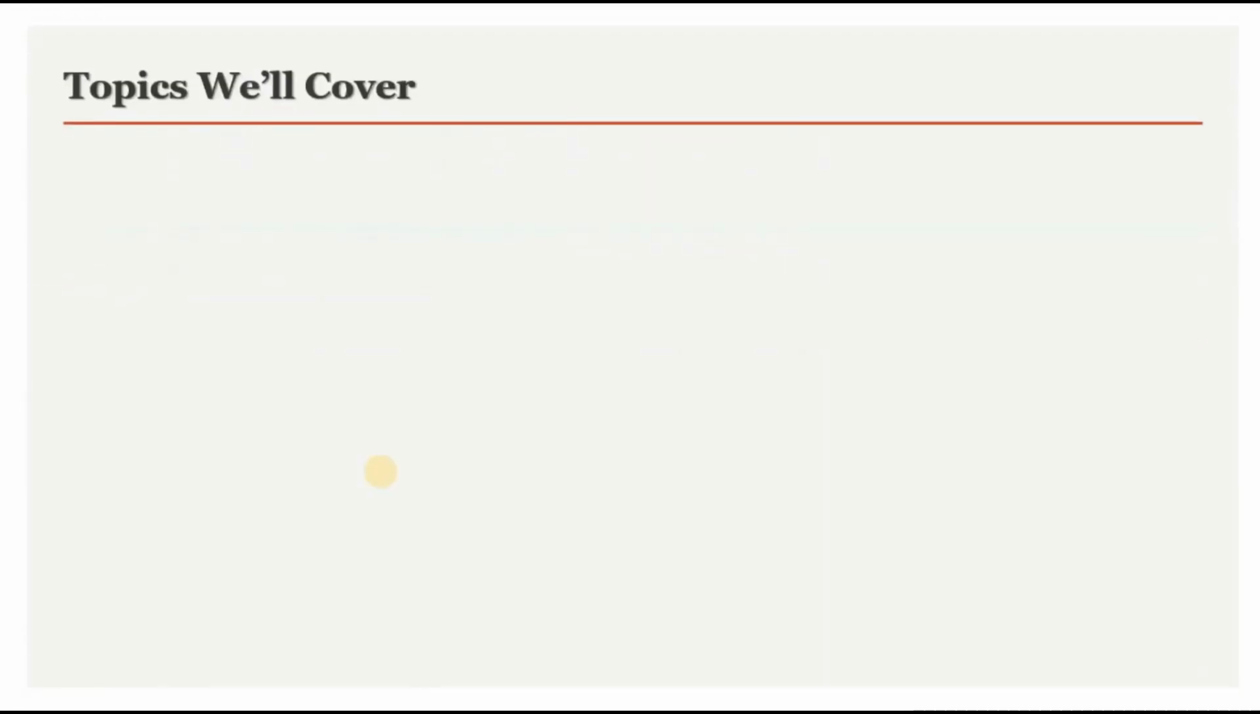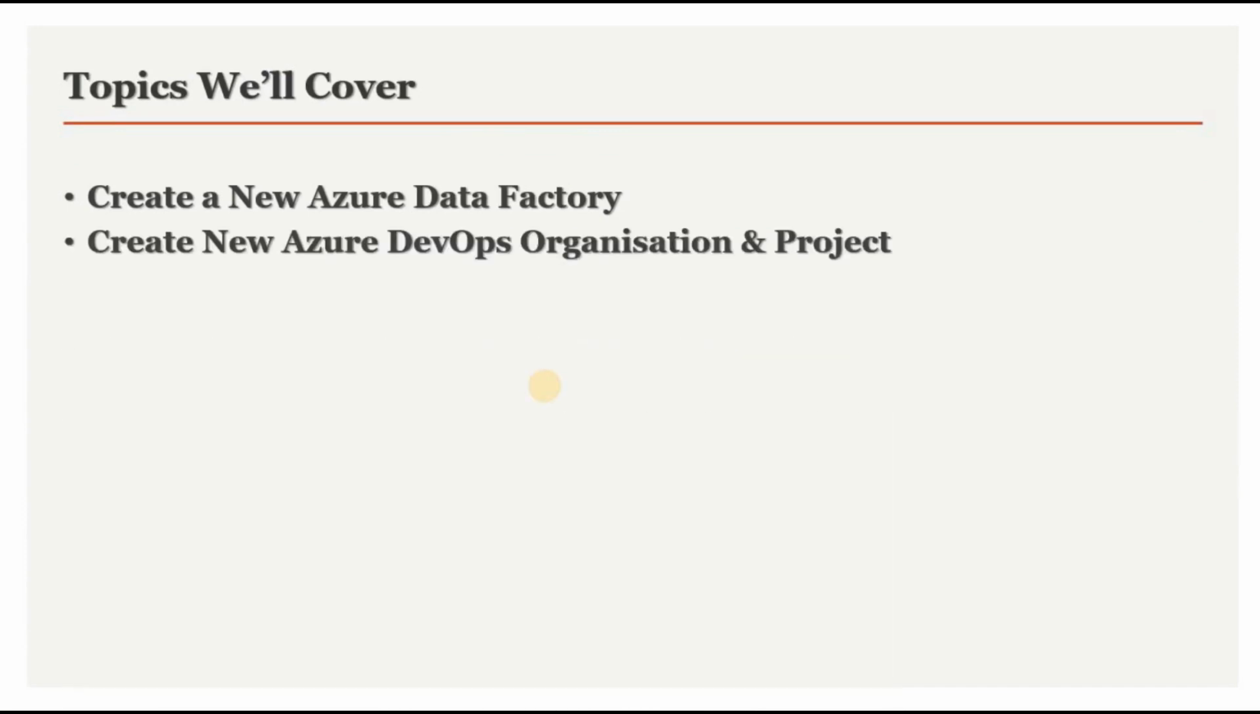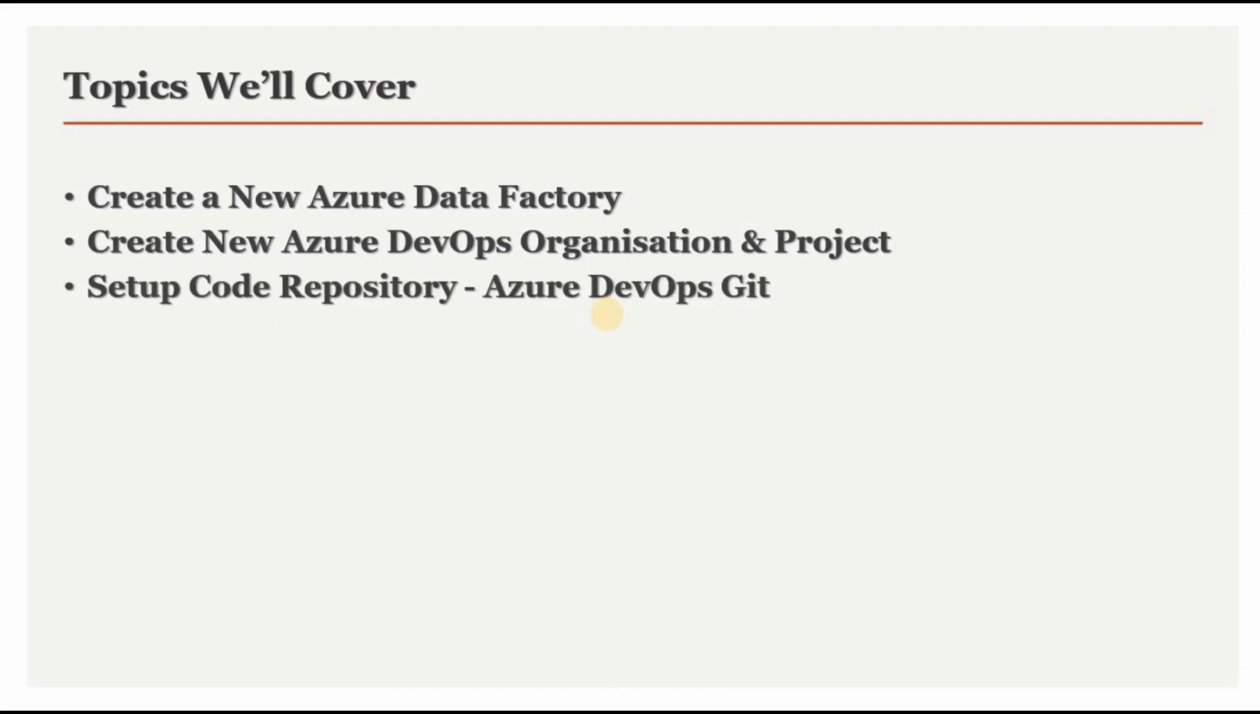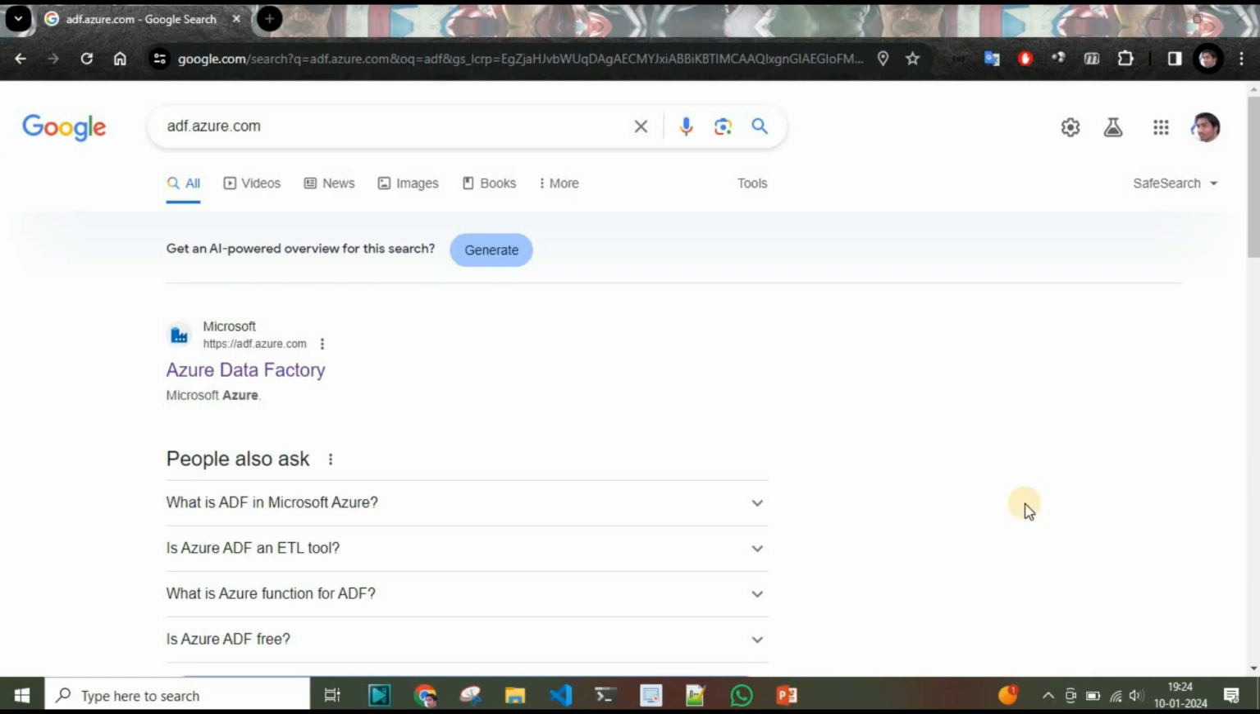In today's video, the topics we will cover: create a new Azure Data Factory, next create a new Azure DevOps organization and project, and next set up the code repository, Azure DevOps Git. So let's jump to the browser and create a new Azure Data Factory. To reach the Azure Data Factory, you have to go to this site,